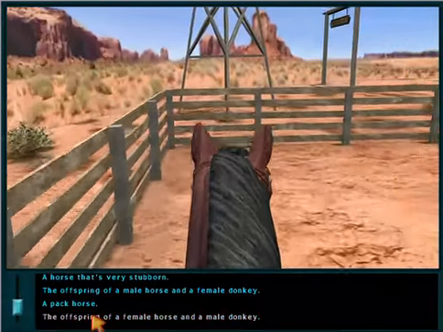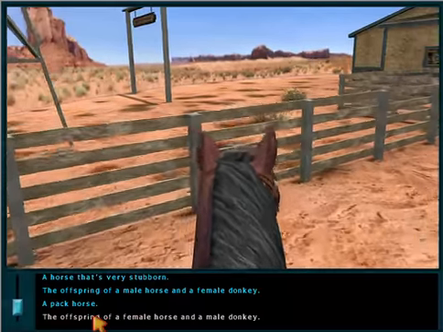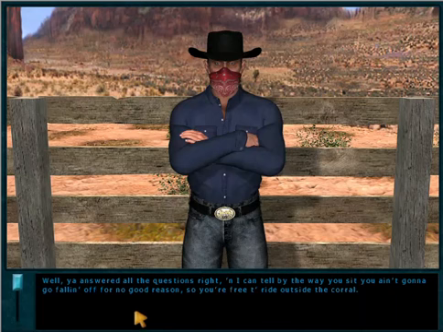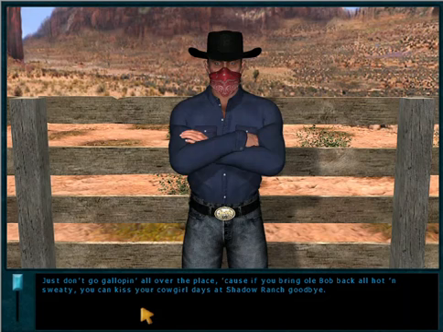Female horse, male donkey. The offspring of a female horse and a male donkey. Well, you answered all the questions right. And I can tell by the way you sit, you ain't gonna go falling off for no good reason. So you're free to ride outside the corral. Just don't go galloping all over the place. Cause if you bring old Bob back all hot and sweaty, you can kiss your cowgirl days at Shadow Ranch